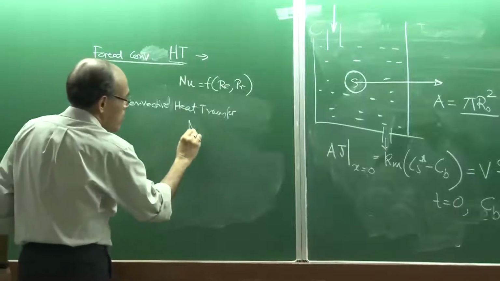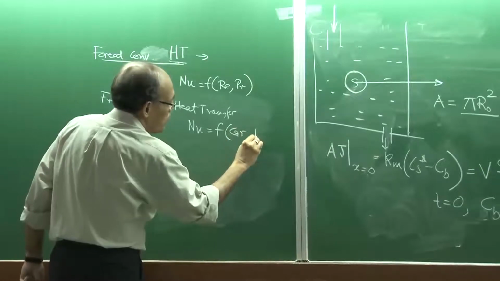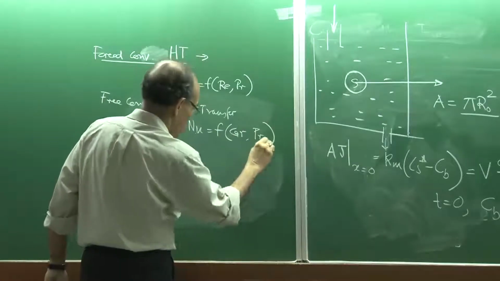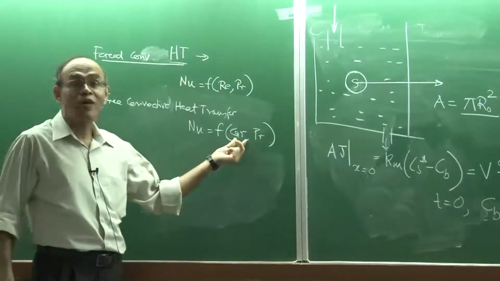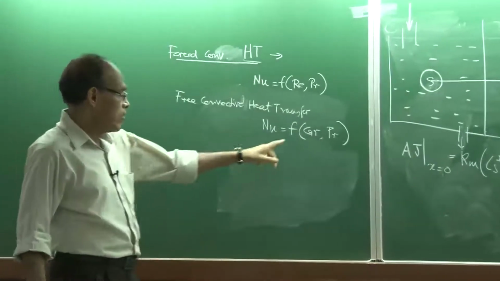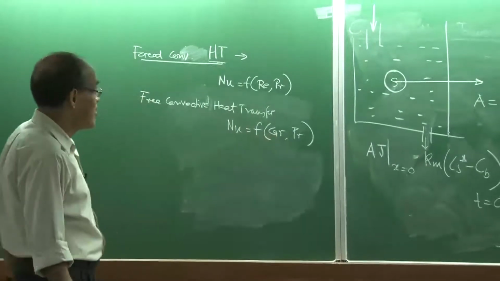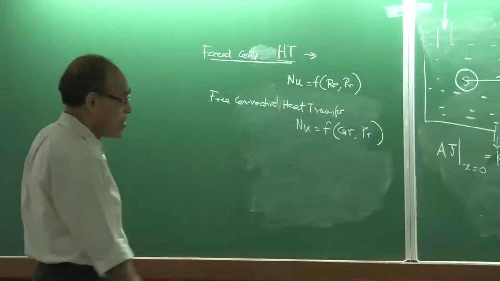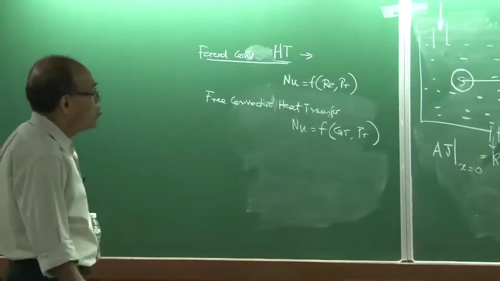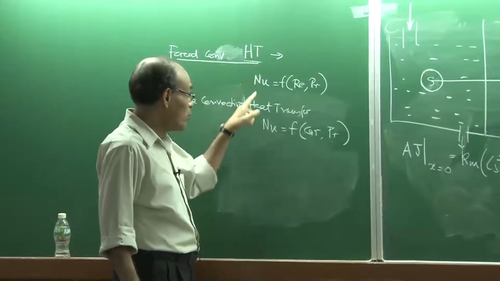We have Nusselt's number as a function of Grashoff's number and Prandtl number. I have also shown how the Grashoff's number can be translated to an equivalent velocity scale, and this Grashoff's number generates a velocity field which is directly related with the thermal gradient present in the system. This is the ratio of the momentum diffusivity to thermal diffusivity, and this is the Reynolds number, and this is the Nusselt's number, where we use,